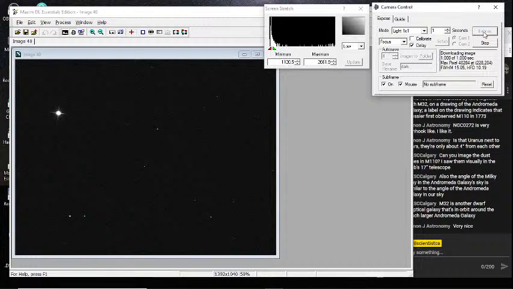Okay, so let's get that star centered. Going the wrong way again.